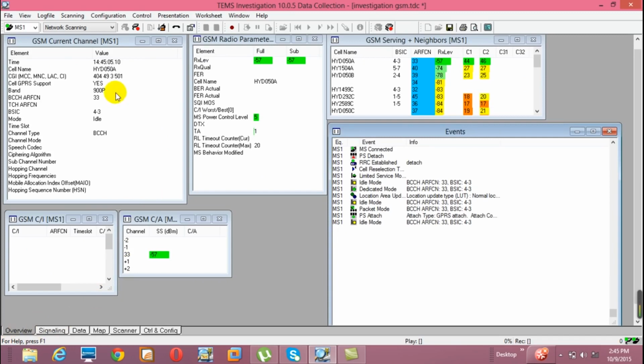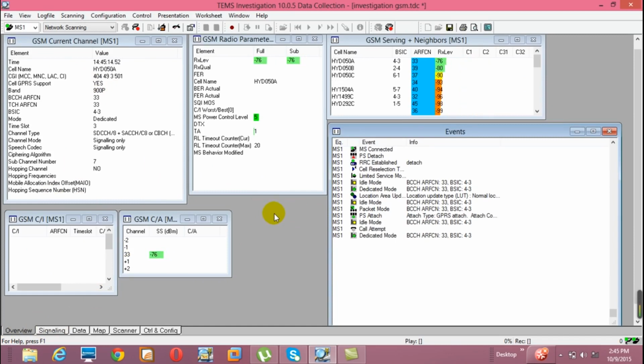So what is the second? Let's connect the call once. I'm just making a call. 121, I'm just dialing the number. This is where I attempt the call. Now the mode is